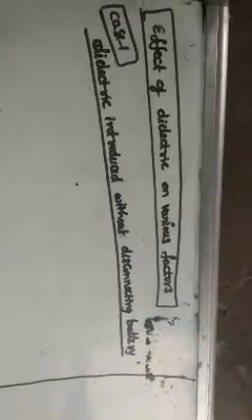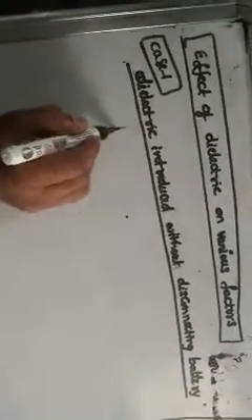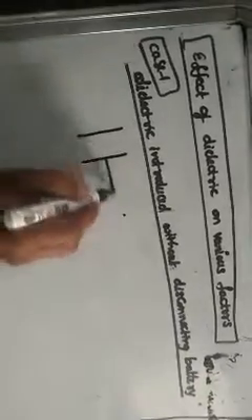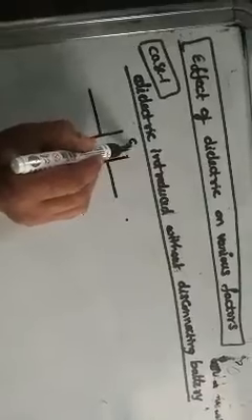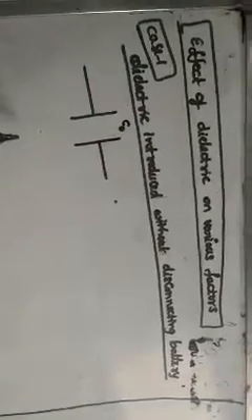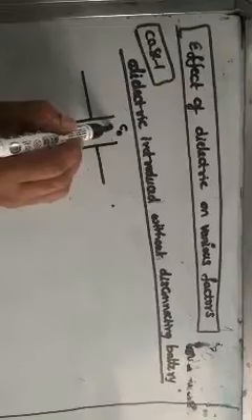The charging battery is there, but I am inserting a dielectric slab between the plates of the capacitor. So what will happen? What factors change here? Some factors we already know very well. Observe very carefully. Here is one parallel plate capacitor. Its original capacitance I am taking as C naught. Charge on the plates of the capacitor is Q naught.